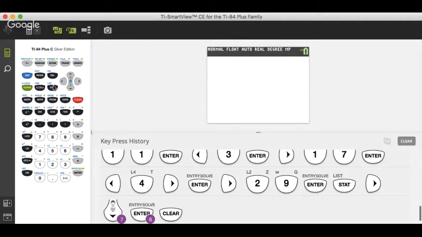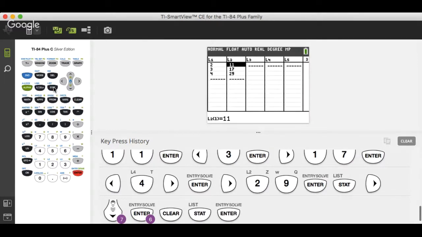So once I do that, I can clear it out and go back to stat edit. And now for L3, I could put what the residuals would be. The L2 is the actual value because it is what is given, right? The predicted is when I take the X values of my L1 and plug them into my LSRL, my least squares regression line, and get out a Y hat for each of these values. These are the actuals. When I plug these in, that would be my Y predicted. Then I take my actual minus my predicted to get what my residual is here.